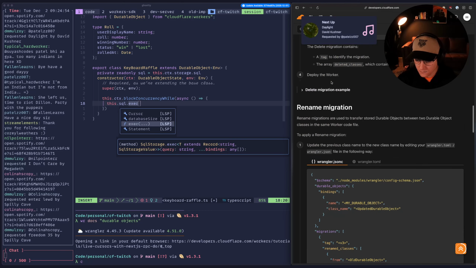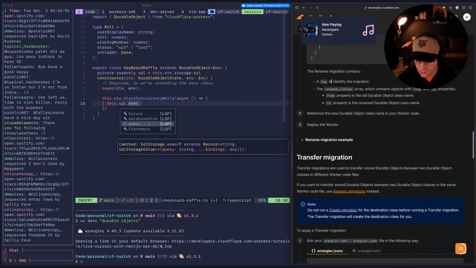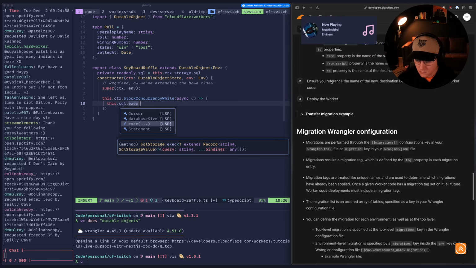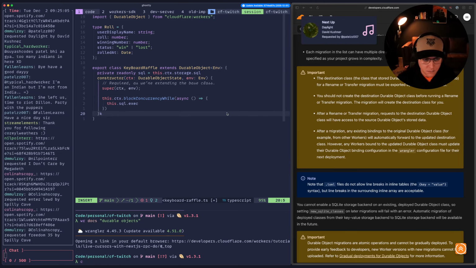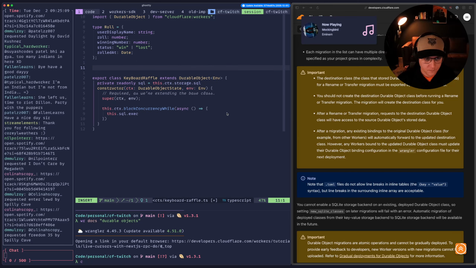It's not for migrating the SQL. Okay, so we're fine then. So we can come up here and we'll say const createTable equals